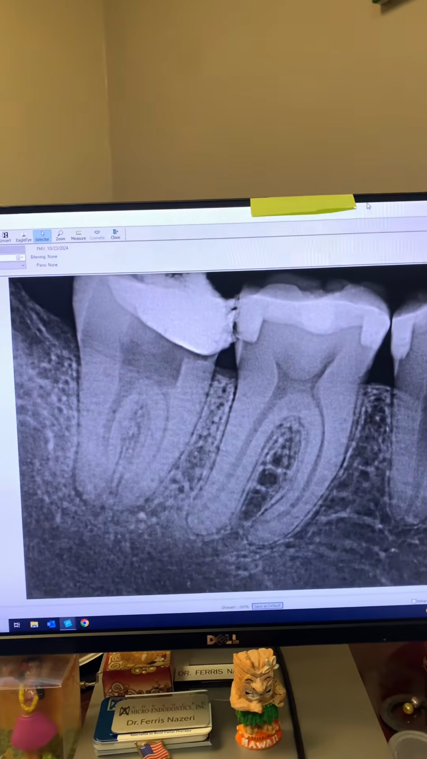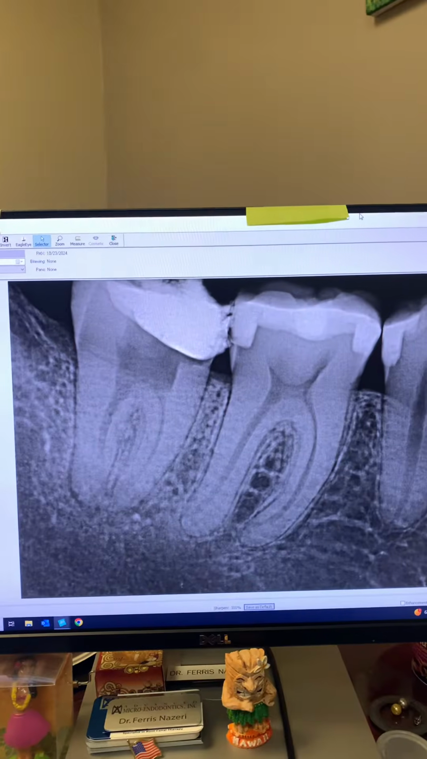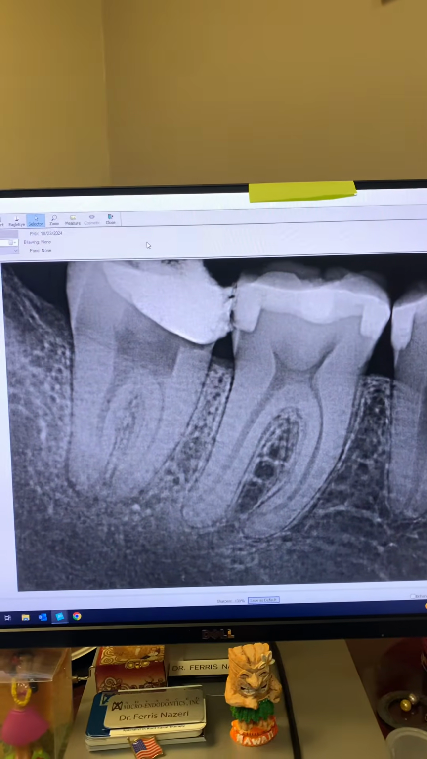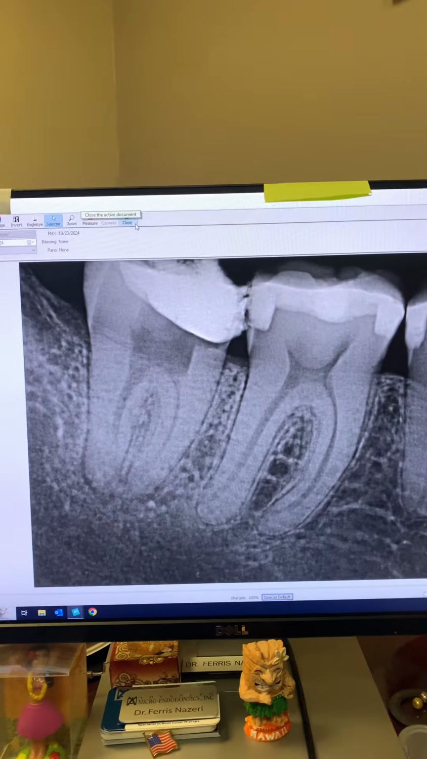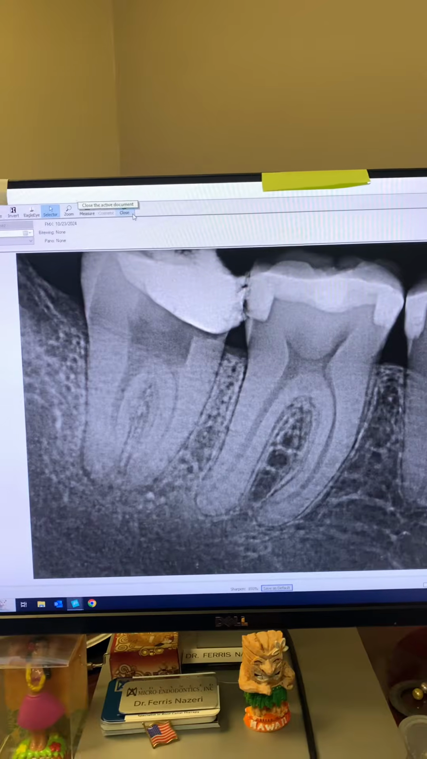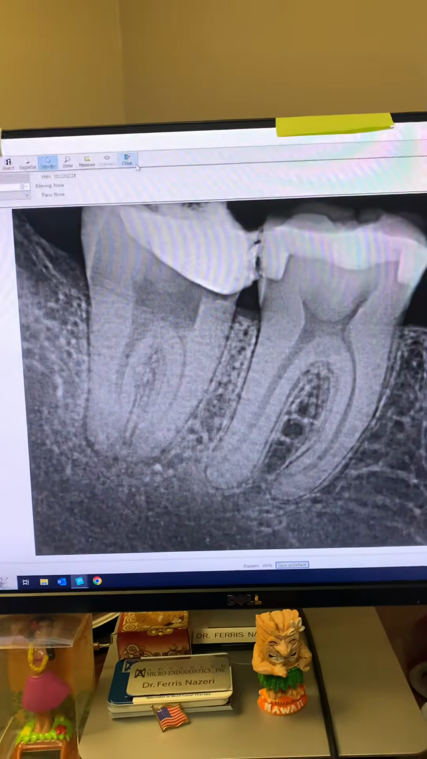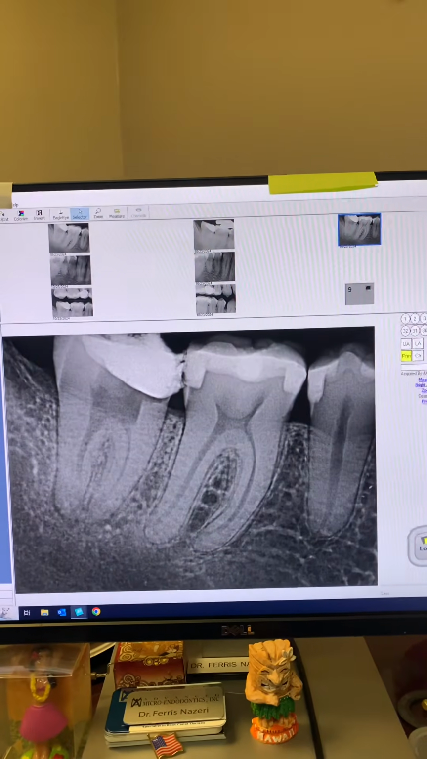The patient's gag reflex is so severe that the dentist couldn't even take intraoral x-rays and wanted us to sedate him and do a full mouth radiographs of him while he is sedated, and that's what we did. But I want you to pay attention to this very important